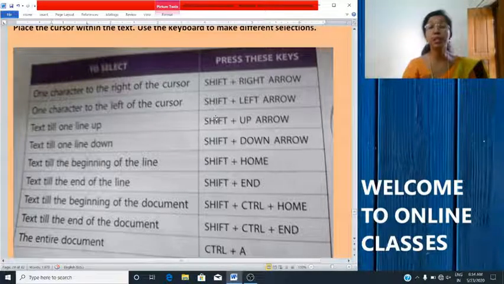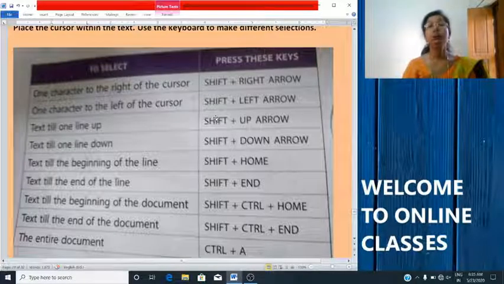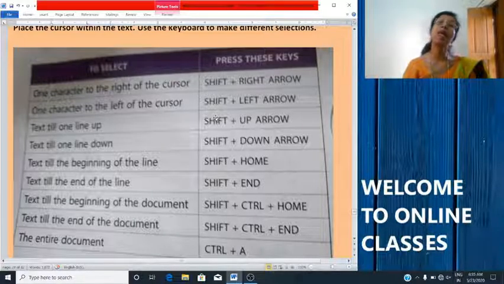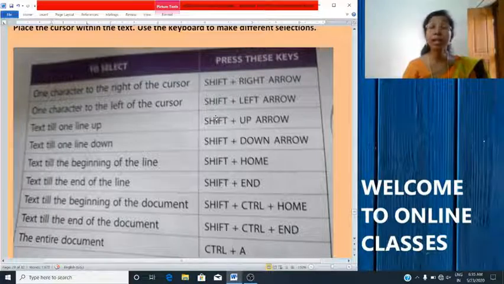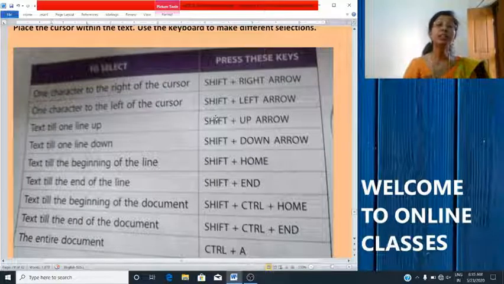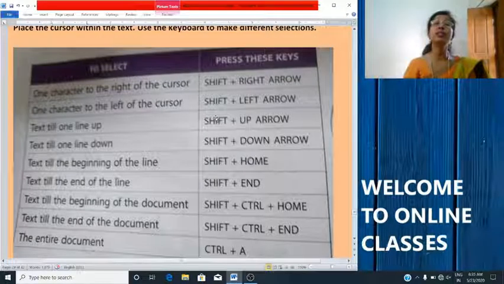You know that on the keyboard you have 4 arrow keys: up and down, right and left. For selecting text, you will be using these arrow keys. One character to the right of the cursor, you will use Shift plus Right arrow key. One character to the left of the cursor, Shift plus Left arrow key.